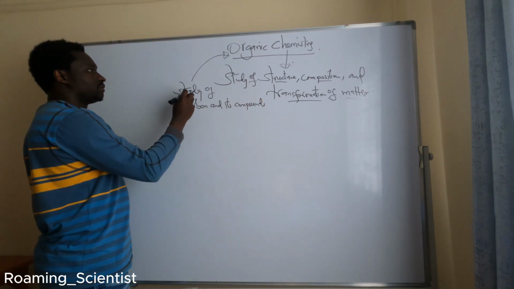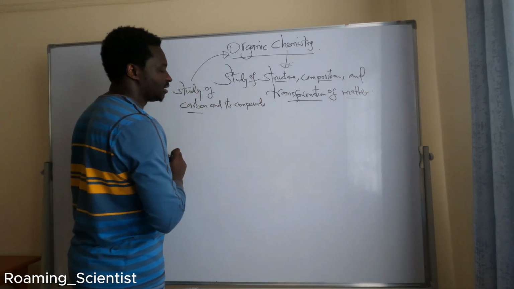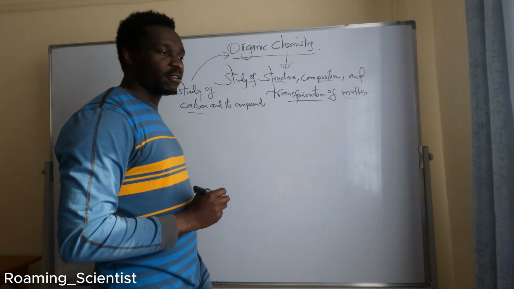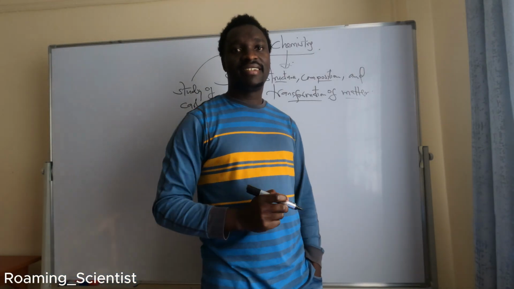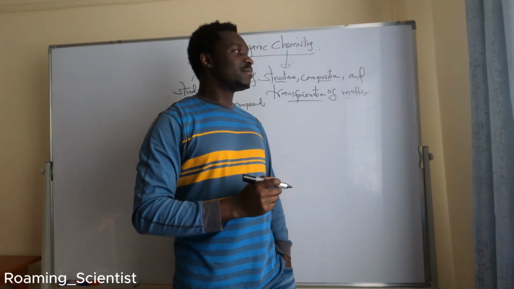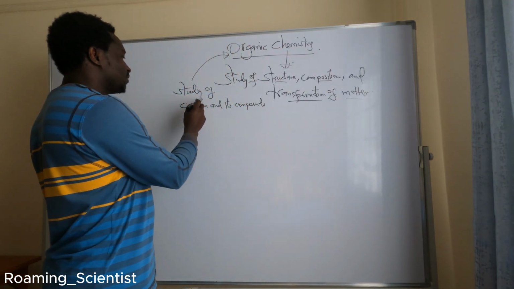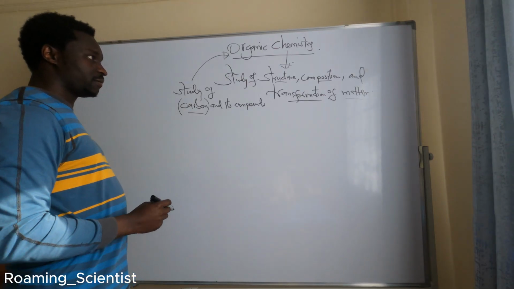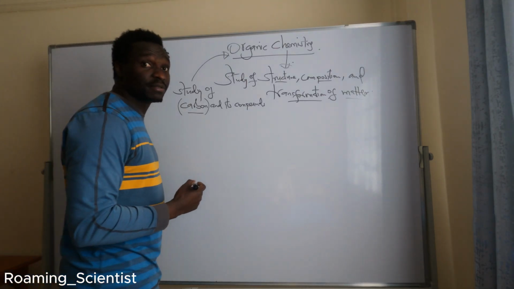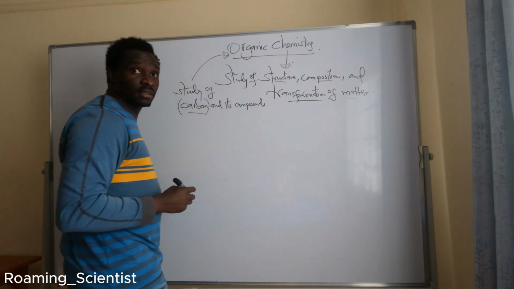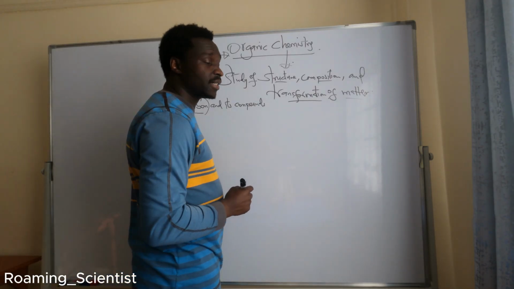The study of carbon and its compounds. Now, one would want to ask, why would a whole branch of chemistry be dedicated to a single element in the periodic table? If you remember your periodic table, the periodic table is arranged in such a way that we have